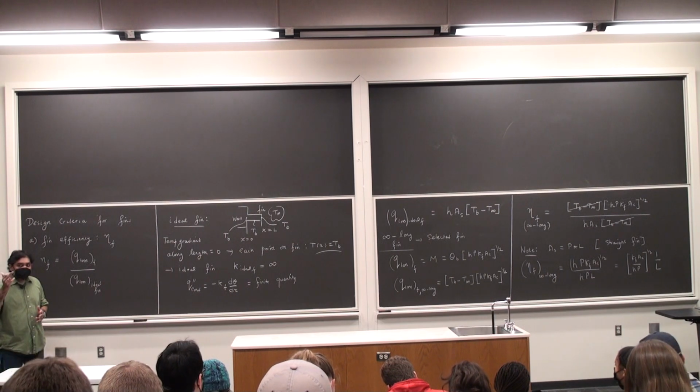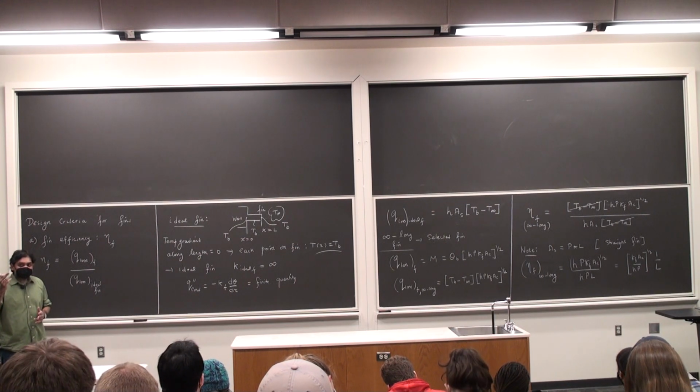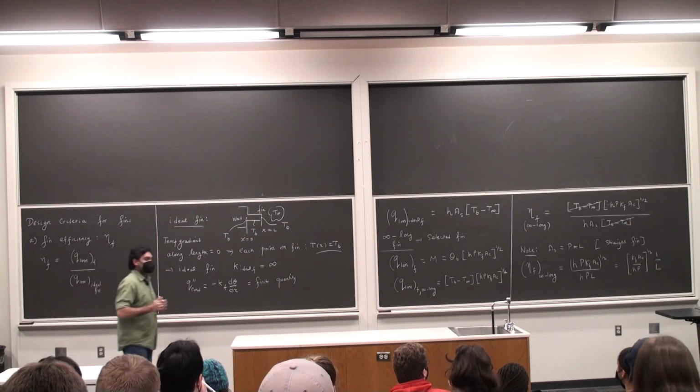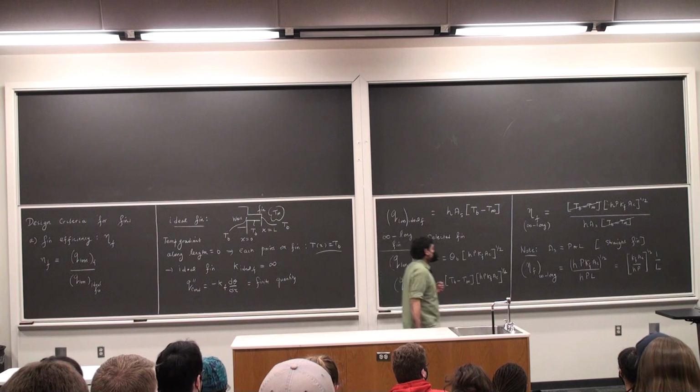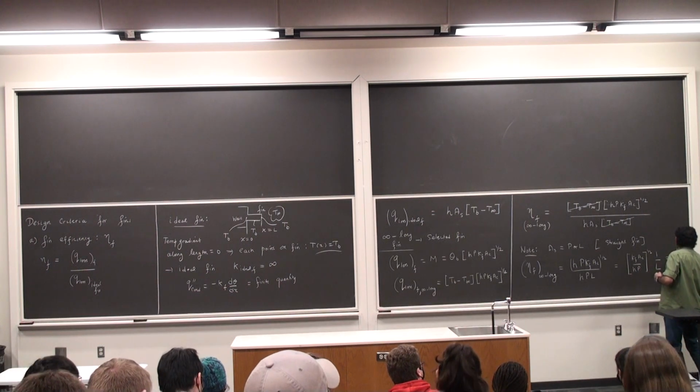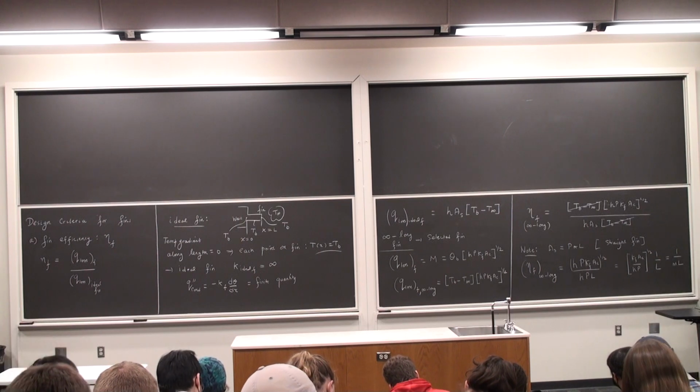Square root of one. 1 over little m. Okay, so this is 1 over little m, and this is essentially 1 over mL,